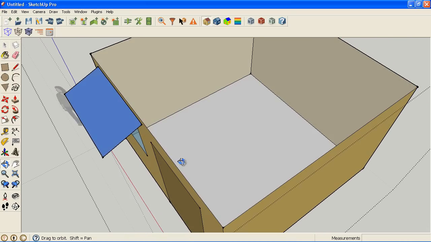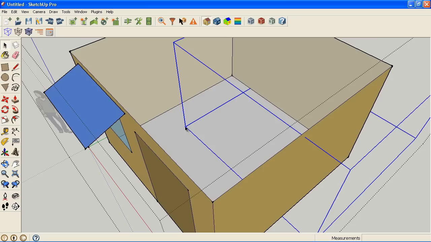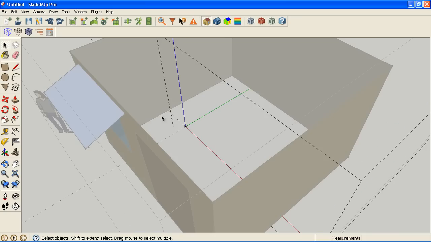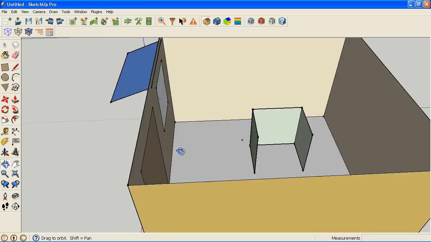So another type of surface I can make, sometimes I have building surfaces that are not part of a zone. I'm sorry, they're not part of a zone boundary, but they're physical walls in the building, and I want to represent those. So this is a new object we have called an interior partition group. And I'm just going to, for the example here, make a little box and put it inside of our zone. Again, I'm going to use my keyboard shortcut to go inside of that partition group, and I'm going to just draw a rectangle and extrude it up. And I'm going to use the eraser tool to get rid of a few sides. And I now have a cubicle in my small little office here.